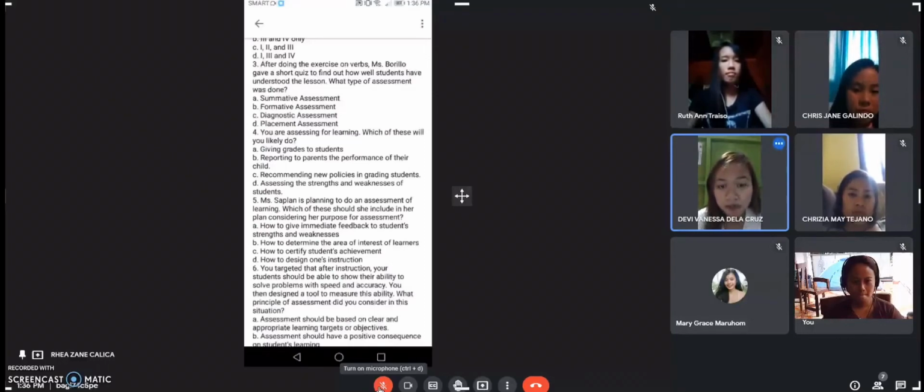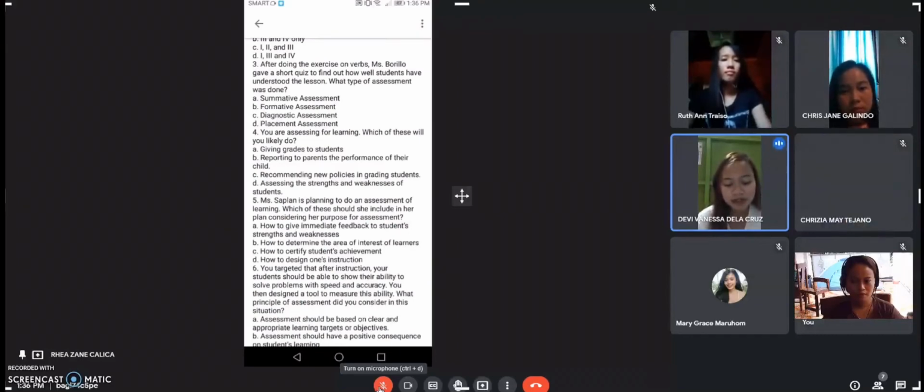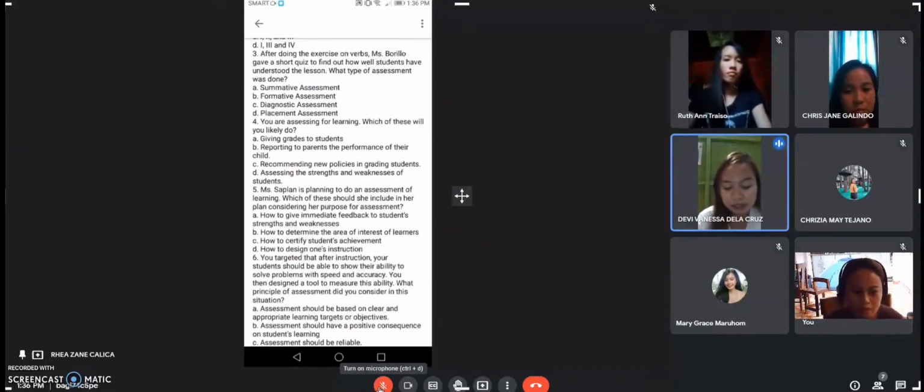And second, B is formative assessment. It includes diagnostic testing, a range of formal and informal assessment procedures conducted by teachers during the learning process in order to modify teaching and learning activities to improve student attainment. So, the example of this formative assessment is like mga quizzes, mga silent classroom polls, and